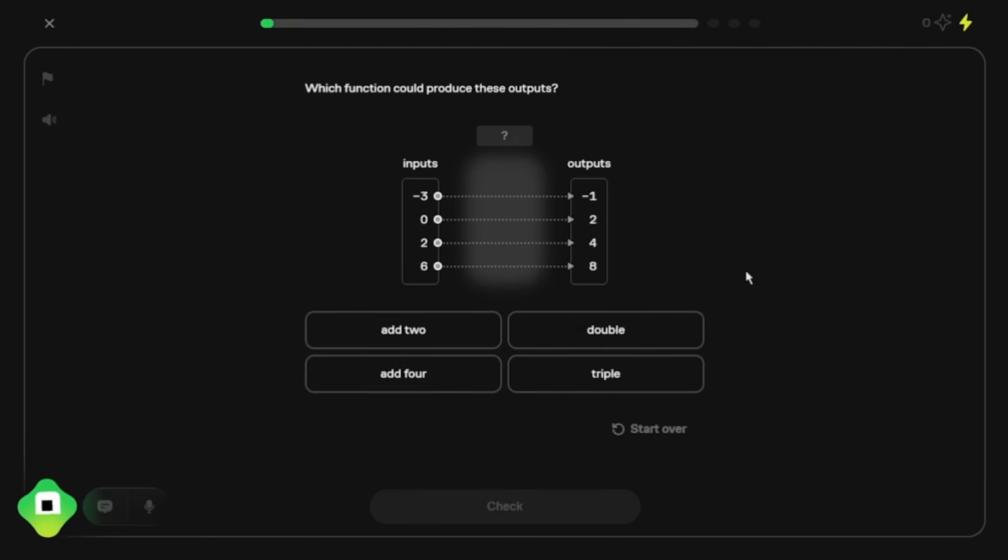Let's think of double. Negative 3, if doubled, would go to negative 6, but it's negative 1, so it can't be double. Let's try treble. Treble negative 3 will go to negative 9, and this has a negative 1 output. Let's try add 4. If the input of negative 3 adds 4, the output will be 1, but this gives negative 1. So it seems like